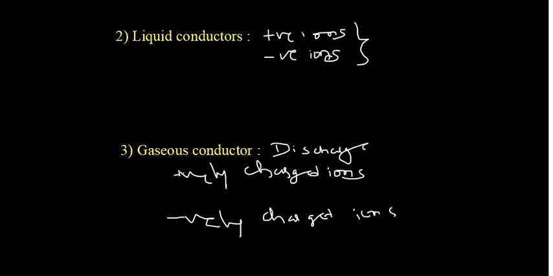With all this discussion, we can come to one conclusion: in conductors, insulators, and in solids, liquids and gases, in all the three formats we are getting the current due to sometimes ions and sometimes due to the electrons. But in our discussion, as per our syllabus, we are only focusing on the conductor itself. Therefore now onwards we have to focus only on the conductors, that is, only the solid one.